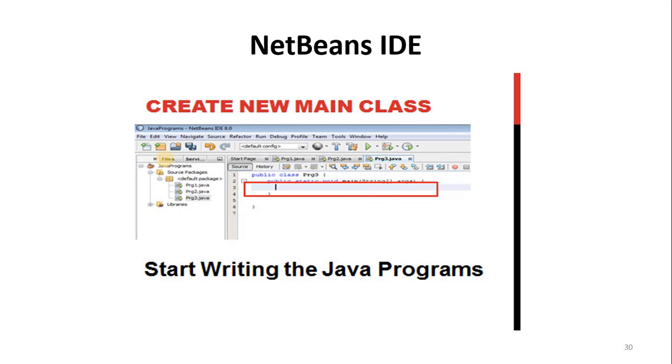Once the main class is created, you will find public static void main. Public static void main is nothing but the main method. Sometimes students have a project with many classes created with a main method. In that case, you have to select the particular class, right-click on it, and run it. That is also possible, but in general only one class will have a main method.